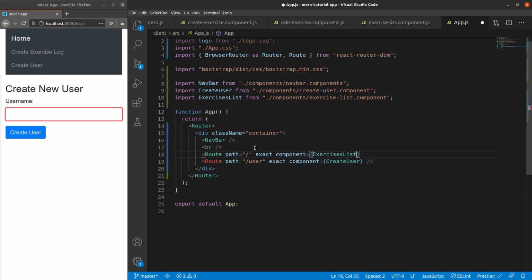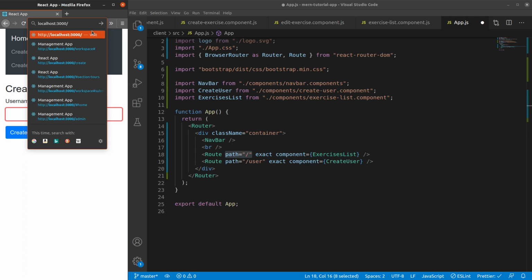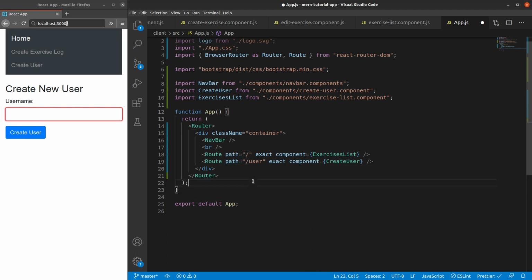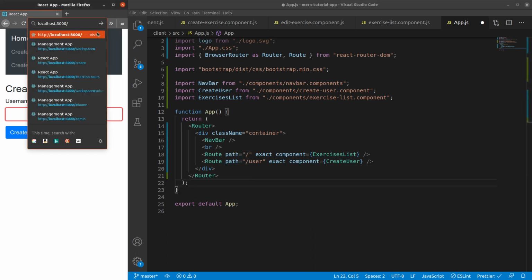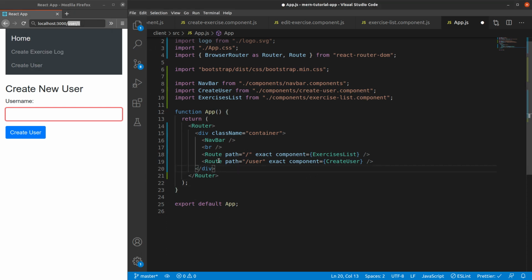Exercise list component. Okay, so what exact means here is that whatever path you are providing and the path that is entered by the user should be an exact match. For example, if you were to do a user slash say one, and this does not read as an exact for this particular route, then still it would be a match.